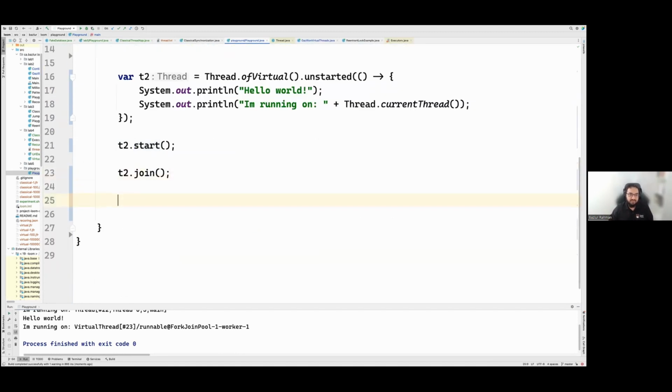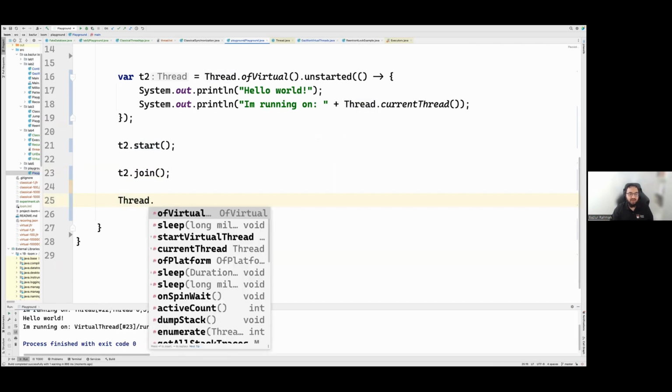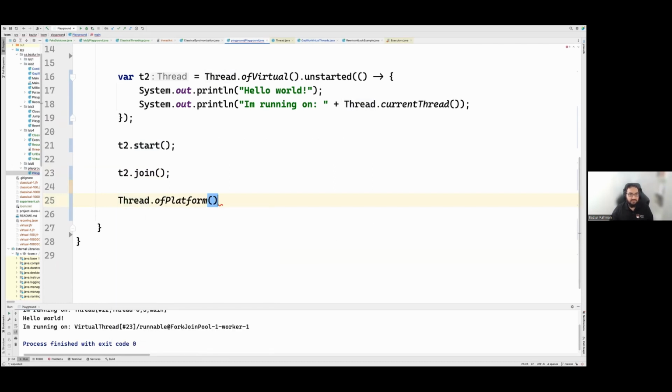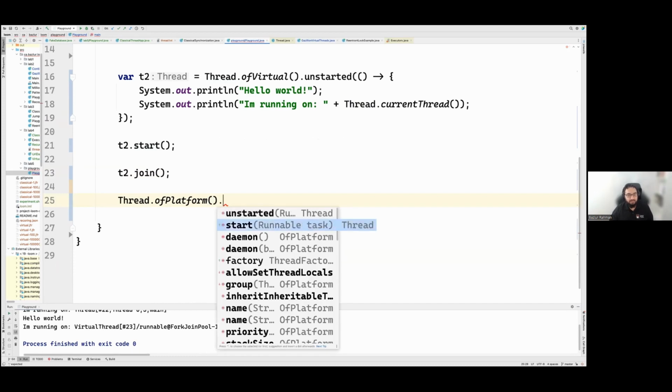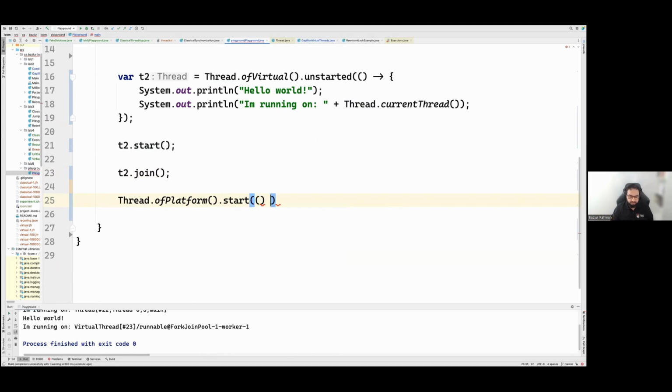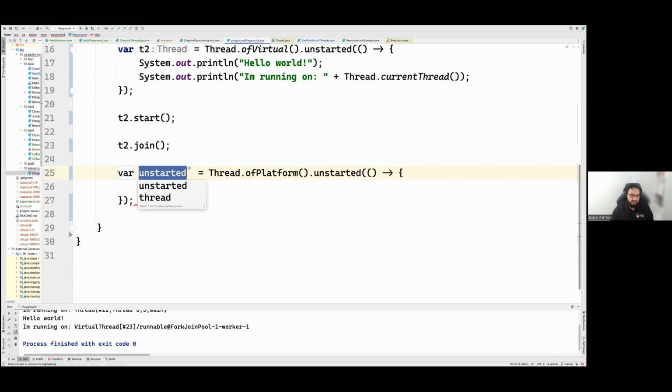So that's also available, which is thread.ofPlatform, where platform threads are the threads that are not virtual. We have both the unstarted and start methods. If we call start, the thread will start immediately, and if we don't want to start, we call unstarted. Same thing. That's a new additional API, which I find super useful.